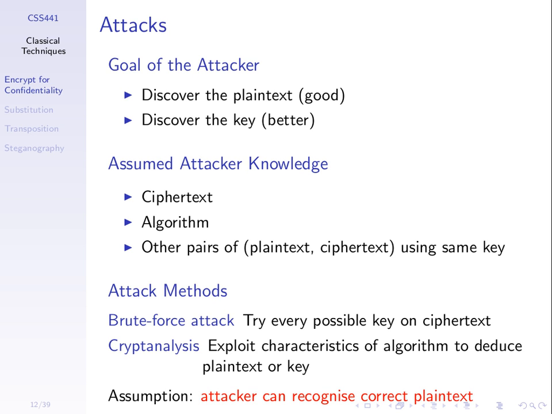And in practice, in some types of attacks, we'll also assume that the attacker can discover pairs of past plaintext and ciphertext. That is, I don't know the key being used, but I know in the past this pair of users encrypted some plaintext and produced this ciphertext. And that will come up in real attacks on ciphers. Often they assume that the attacker somehow can discover old plaintext ciphertext pairs. And that may make it easier for the attacker.